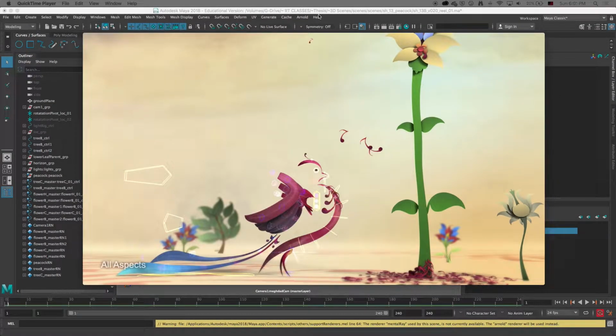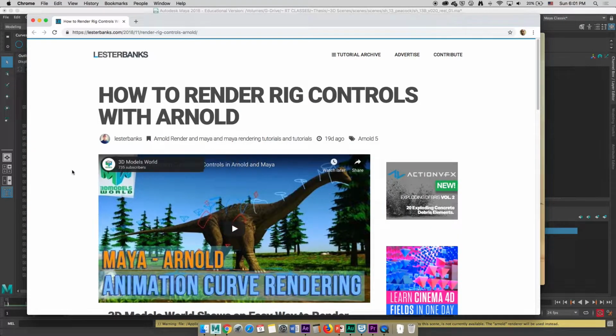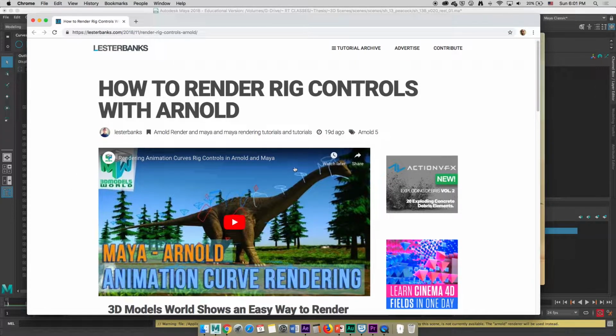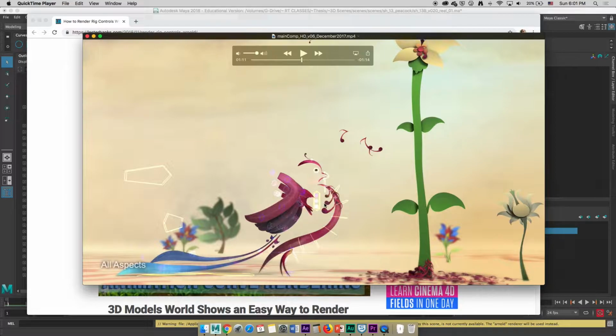So I came across this tutorial a couple weeks ago that describes how you can render out your controllers inside your Maya file in order to be able to showcase your rigs, right? And since I have received some questions from my students already on how I made my controllers to show up